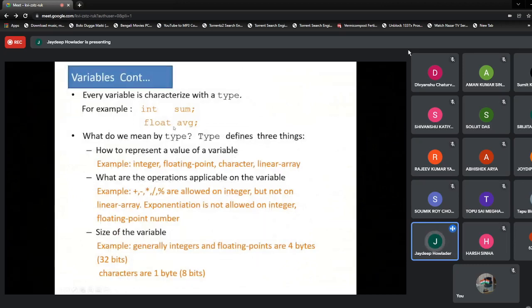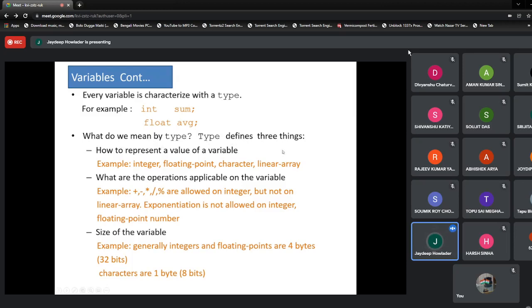When we are defining variables, we always define the variables with a type. So the C programming language has this constraint: we have to always define the variables with a type. And when it is a type, inside the compiler it is also defined that it can perform a specific type of operations. Okay? So what do you mean by this type?